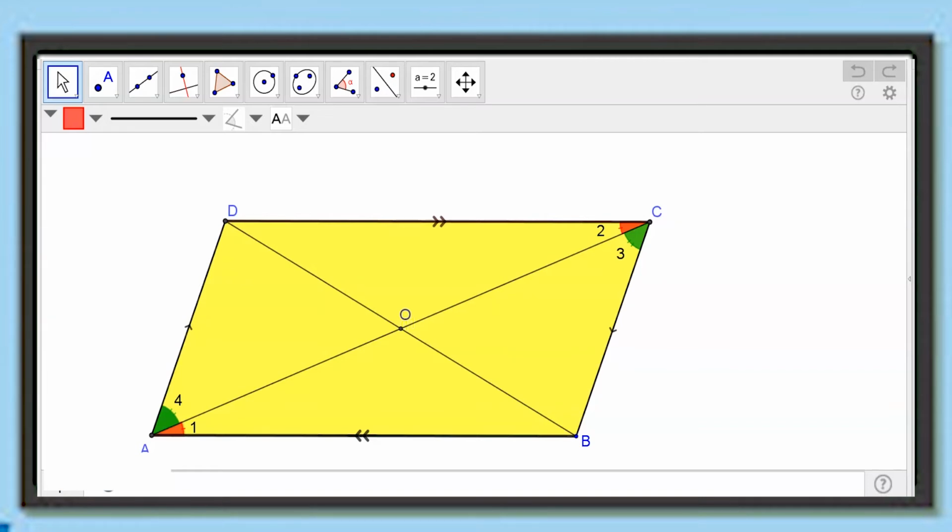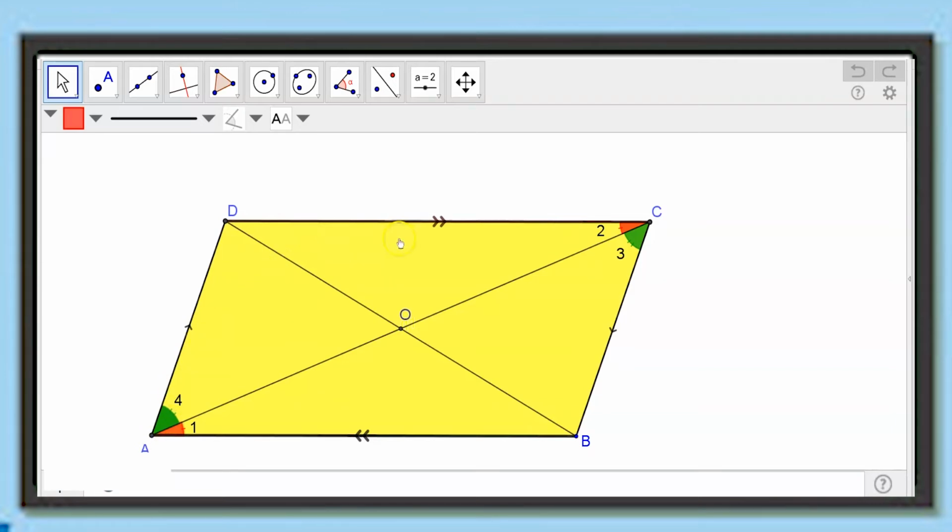Now let us try to understand the properties of a parallelogram. So here is a parallelogram A, B, C, D. We know that a quadrilateral ABCD is called a parallelogram when its opposite sides are parallel. So because ABCD is given to be a parallelogram, we have the opposite sides, that is AB parallel to CD and BC parallel to AD. So this is given to us. Now using this, we are trying to understand 3 more properties of a parallelogram.